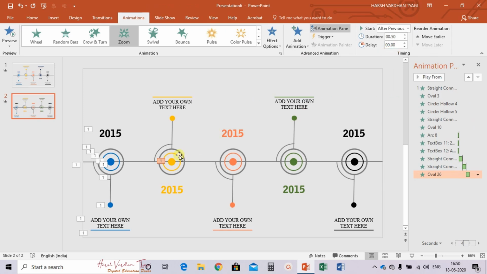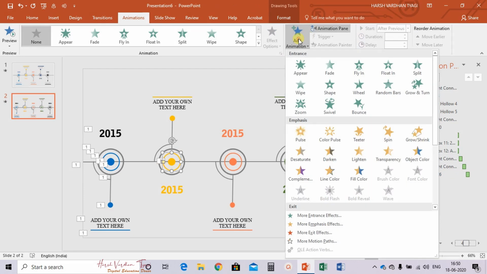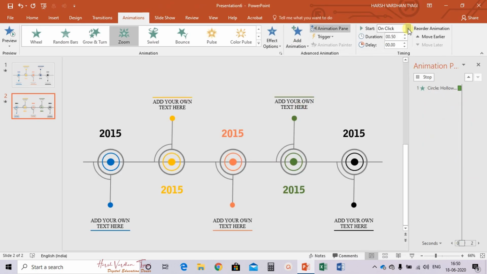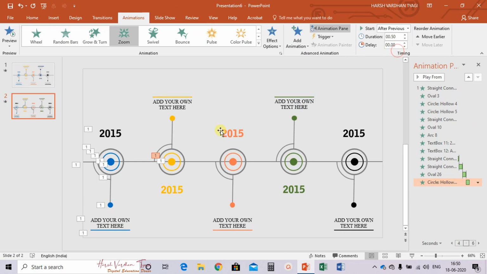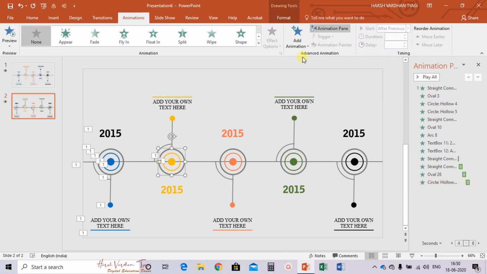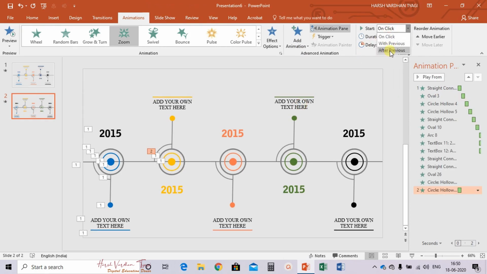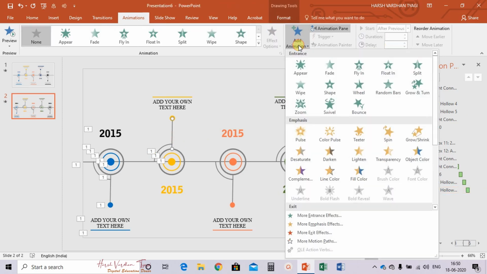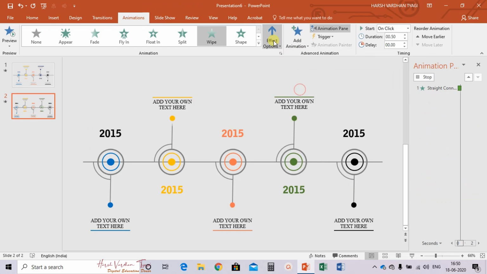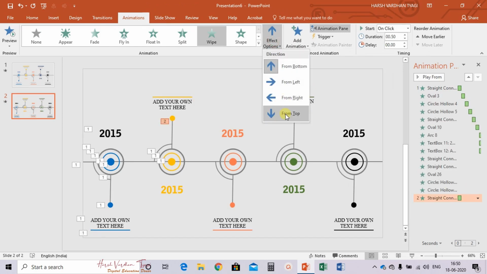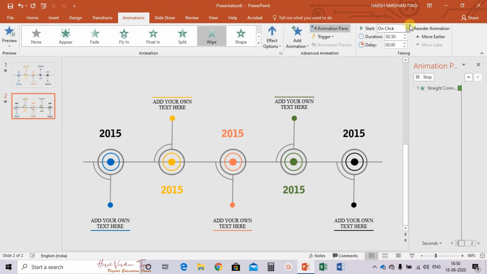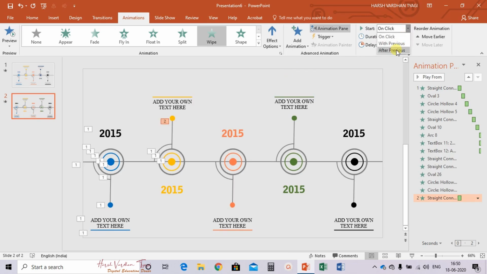after previous, select this, then again add animation, zoom after previous, select the third circle, animation, zoom after previous, then select this line, animation, wipe effect from bottom after previous, then select this circle,